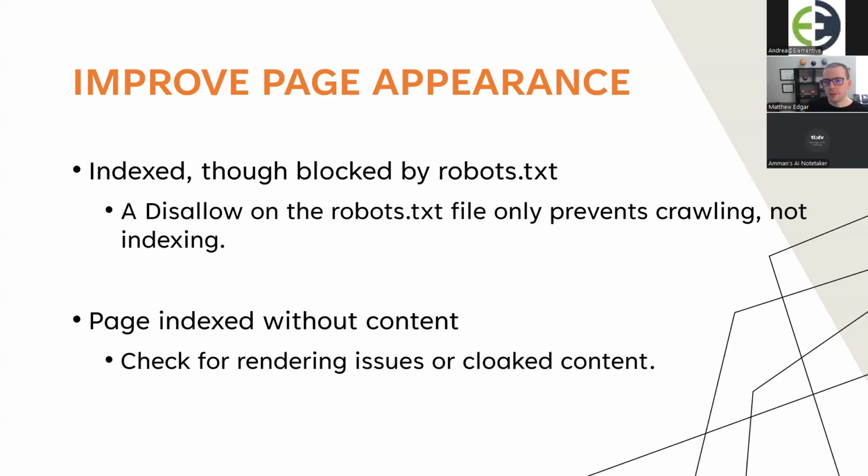So indexed, blocked by robots.txt is the other side of that robots.txt block that we were talking about a few minutes ago. So that blocked by robots.txt block can either end up with an indexed or not indexed status. So when you block something from crawling by robots.txt, Google still knows about that URL. All you've done with the robots.txt is tell Google you can't crawl it. But Google is free to make their own decisions about whether or not that page should still show up in search results or not. So if you see it in this category, indexed though blocked by robots.txt, that means that